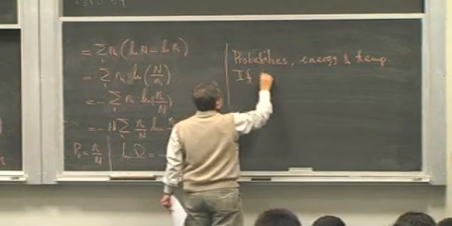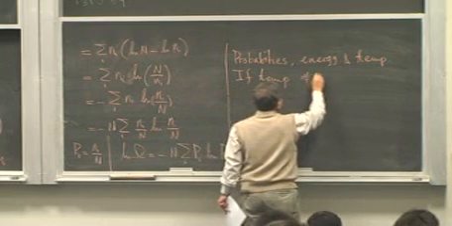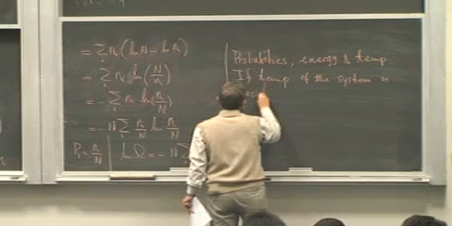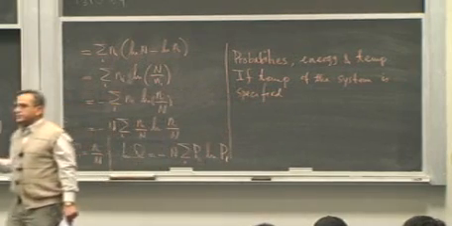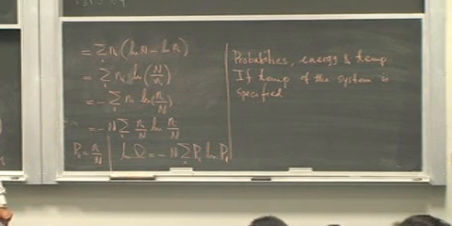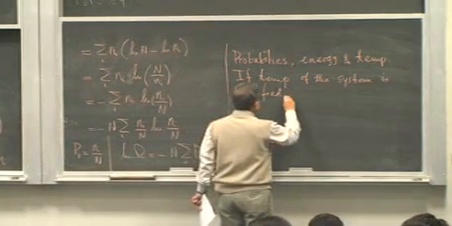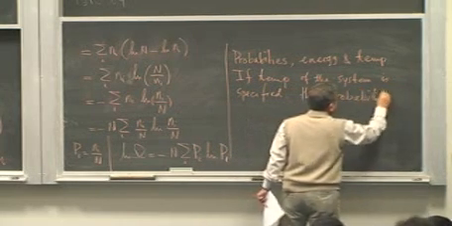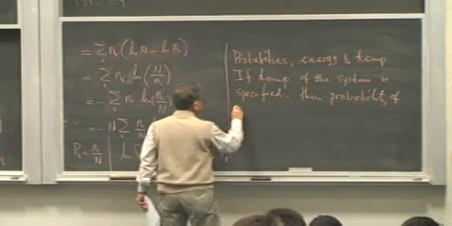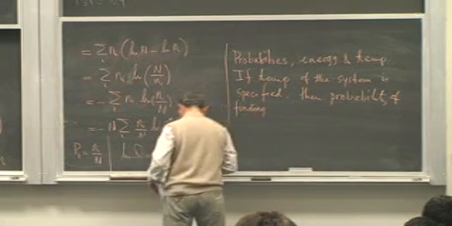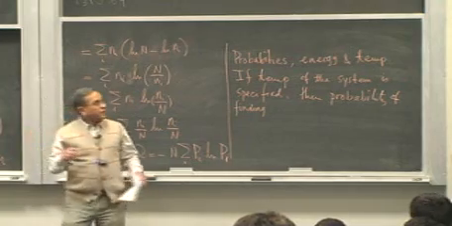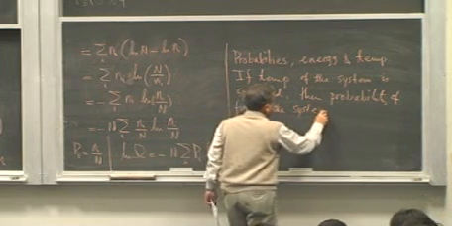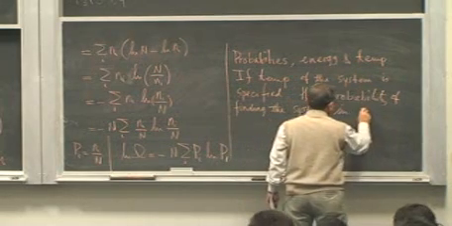If temperature of the system is specified, and system is known to exist in a number of different possible states, then probability of finding the system in any one of these states, let's say rth state,